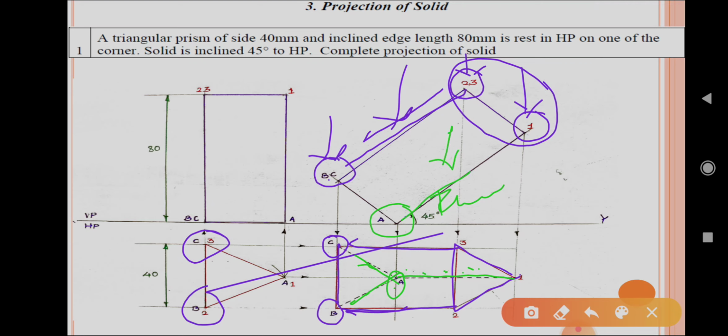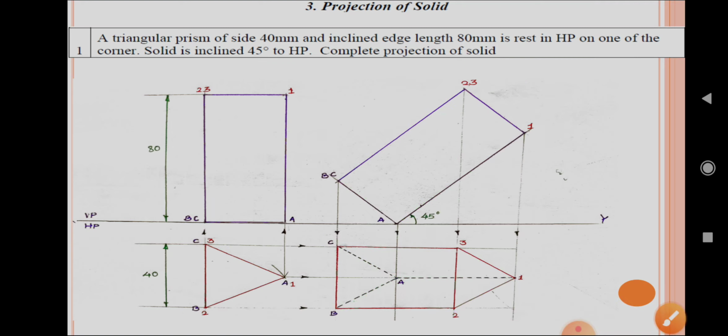When we use the arrow concept, the arrow cuts the longer edge and comes inside, so this shorter edge is also invisible with the arrow concept, and this longer edge is also invisible, because the arrow cuts the edge. So we can complete the top view. So finally the answer looks like this.